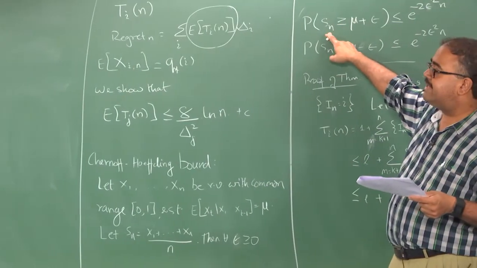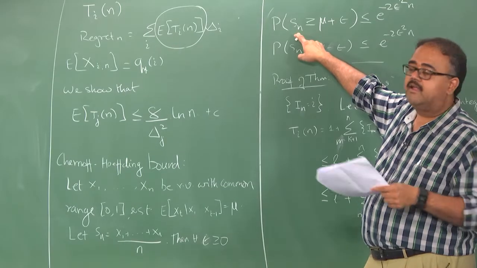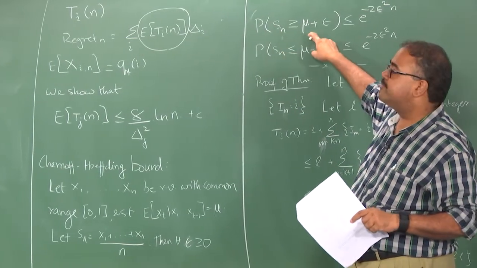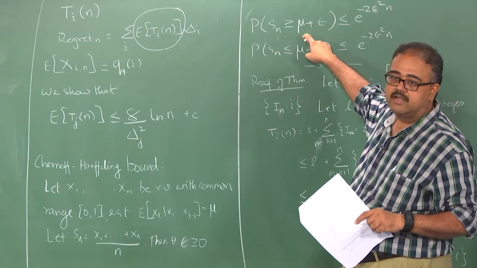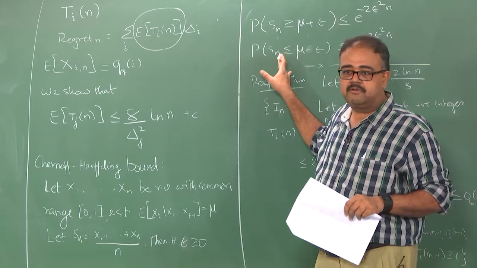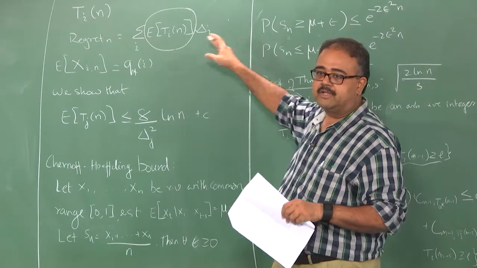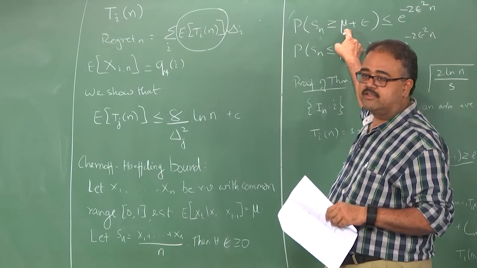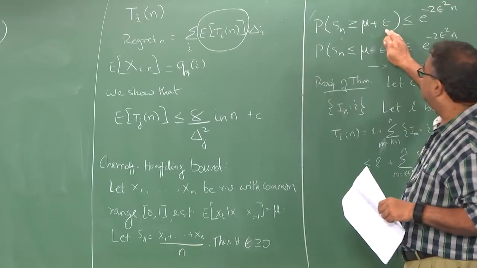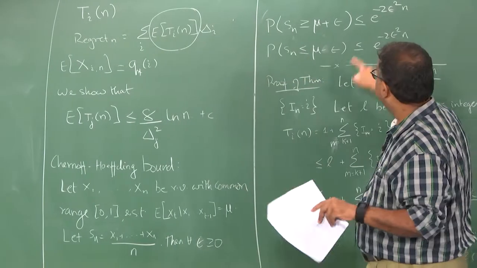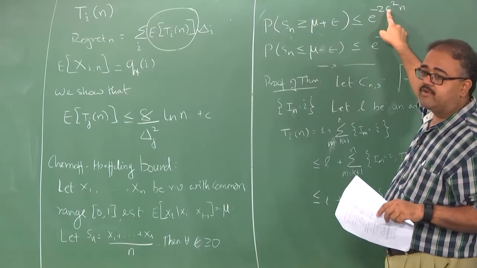Remember I told you Sn is capital Q, I told you mu is Q star. So, we have that already. If you remember when I wrote down the Hoeffding Chernoff bounds, I told you the comparison. I told you that Sn is capital Q, mu is Q star. So, you have those there. So, essentially then your epsilon becomes C m, and my bound is e power minus 2 epsilon squared n,